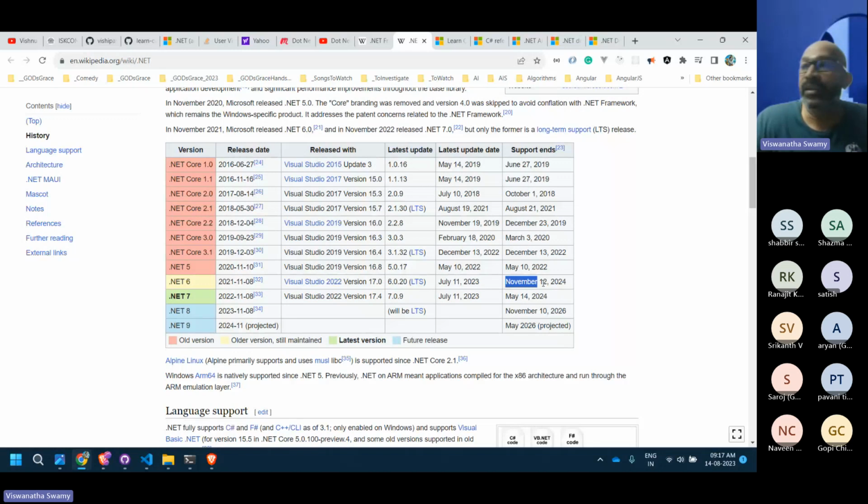Now if you see Angular and other programming languages, Angular, to be very specific, they are releasing every 6 months. And Node.js also, you can see they have a standard release and long-term support. Long-term support has a minimum support policy. And everyone is moving towards cross-platform and open source tools and versions like standard support as well as long-term support.